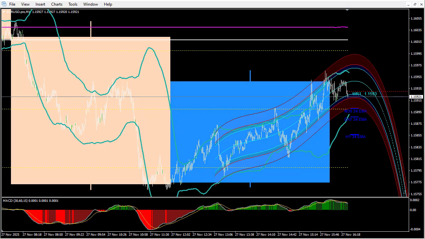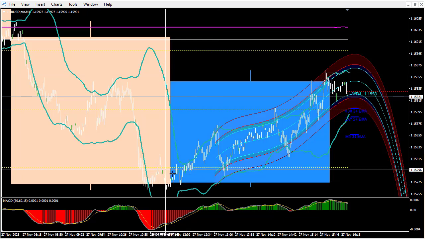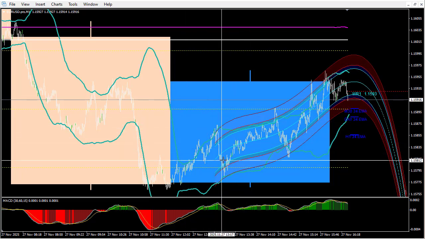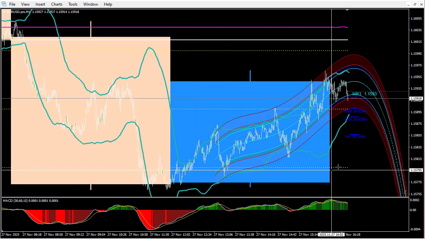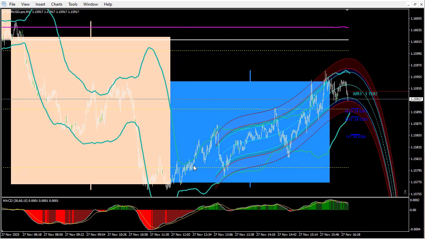So again, I will go back to the 1 minute and I will describe my steps. Number one, context. Where are we when it comes to the structure of the market? Are we at the bottom? Is the price starting to move higher? Are we moving lower? Where are we? This is why we need to have some kind of understanding. That's why I am using the candlestick of a higher time frame. Round numbers, so context. And then I'm looking at things like the direction, the slope of the Bollinger Bands,